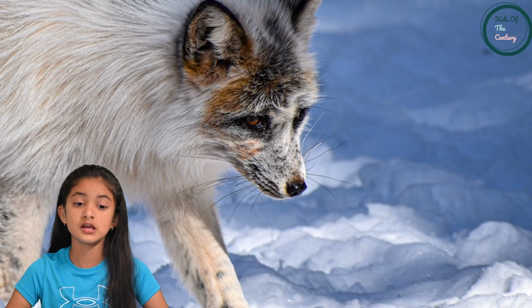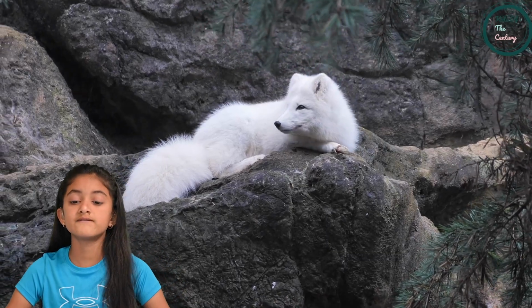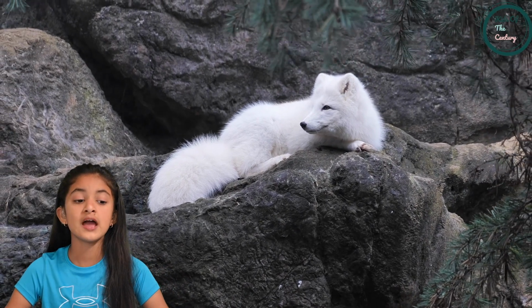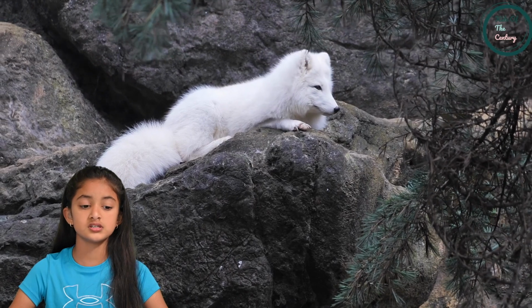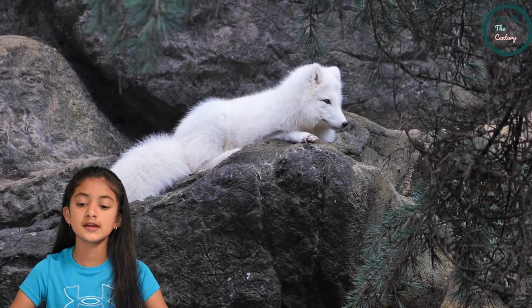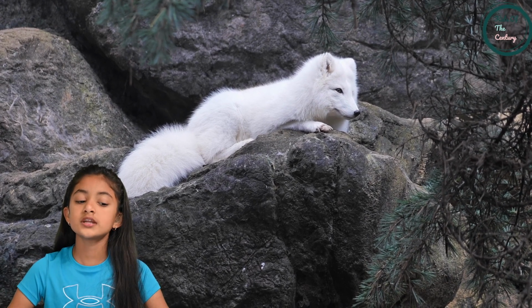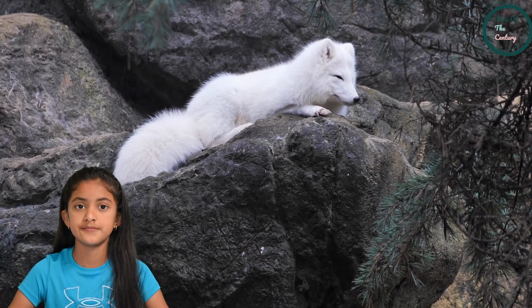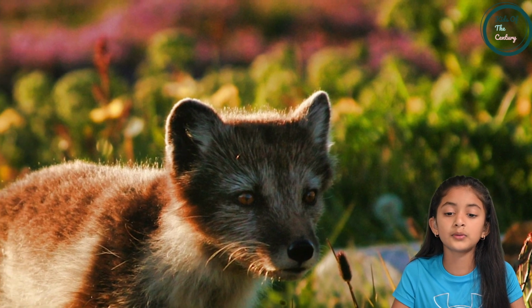Arctic foxes are hunters and scavengers. They eat fish, birds, and other small animals. Some Arctic foxes follow polar bears. They snack on the bears' leftovers. Arctic foxes are omnivores. Arctic foxes live for 3 or 4 years in the wild and up to 14 years